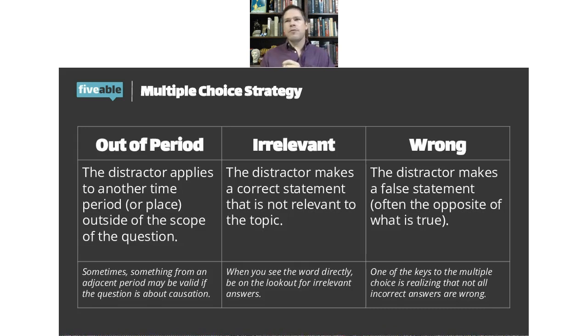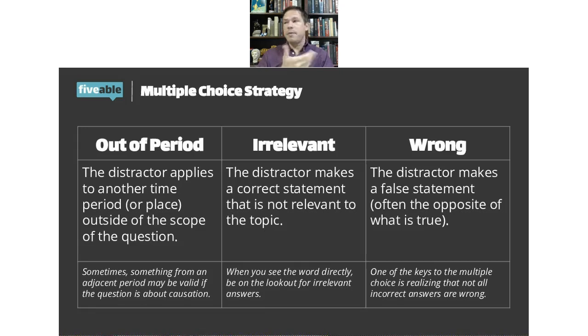So if the student is looking for that, for example, if you teach APUSH, if it is about colonial America and there is an answer about cotton agriculture, this would be a great example of an out of period distractor, because we know cotton agriculture is in the antebellum period with the cotton gin. Cotton is not a profitable cash crop during the colonial period, and that's really one of the major things there.